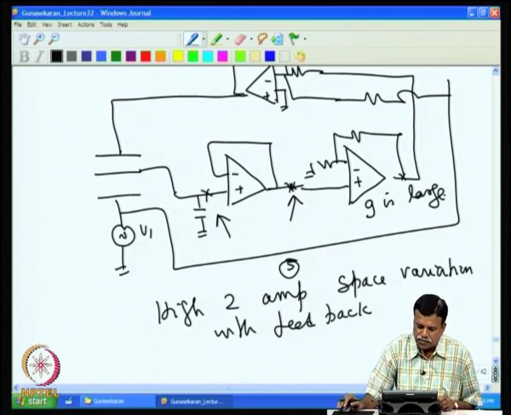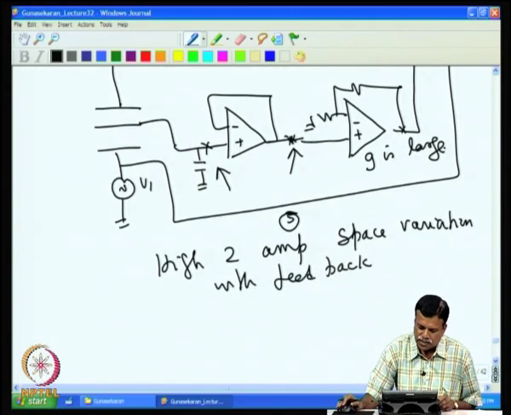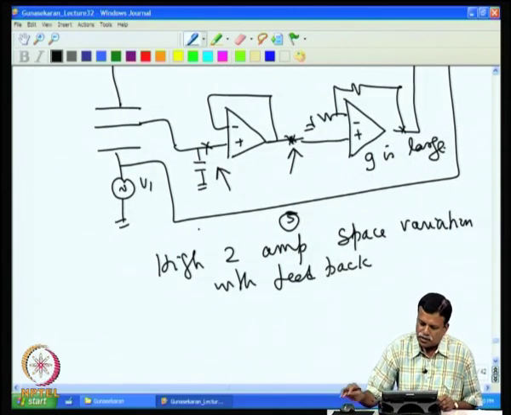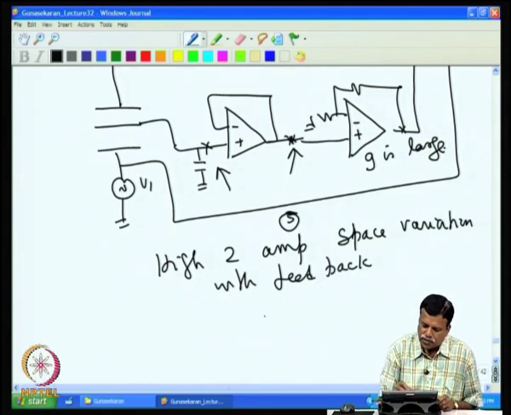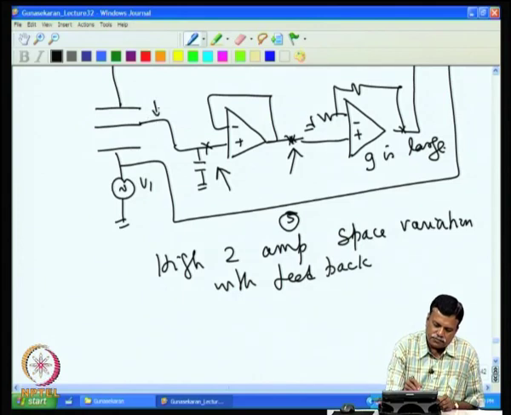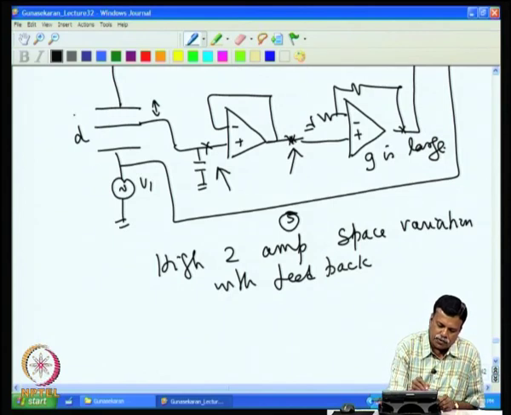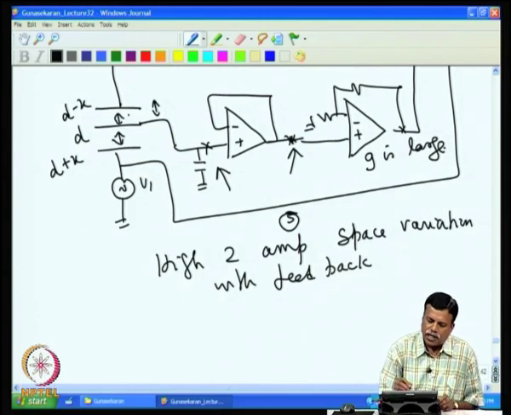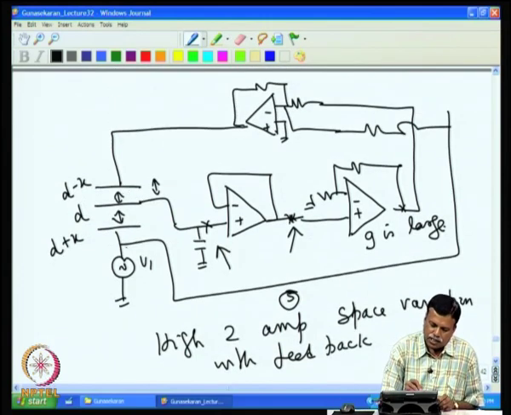So, we had seen, for example, for the space variation. For space variation, if we take D and the plate moves, then one side becomes d minus x and the plate comes down, this distance becomes d plus x. So, these two distances vary in the case of space variation. And the current, since these two voltages are 180 degrees out of phase, at the node, assuming that V input is 0,